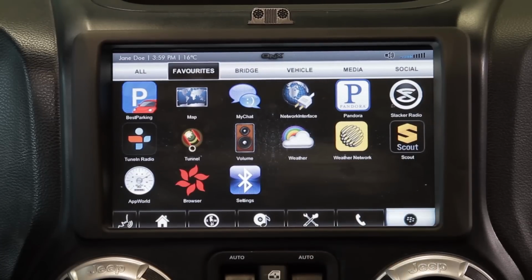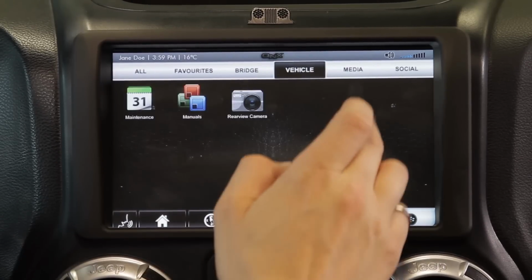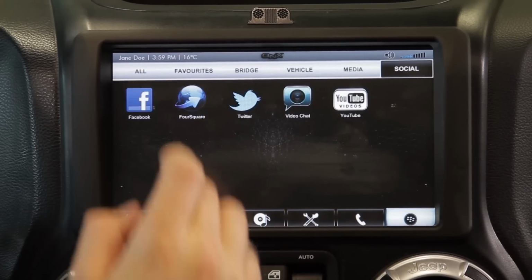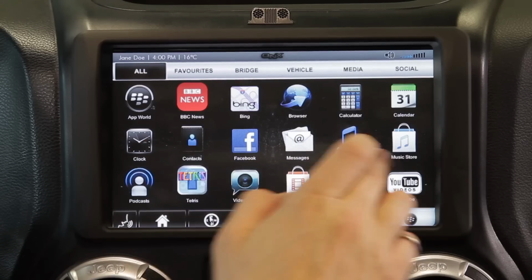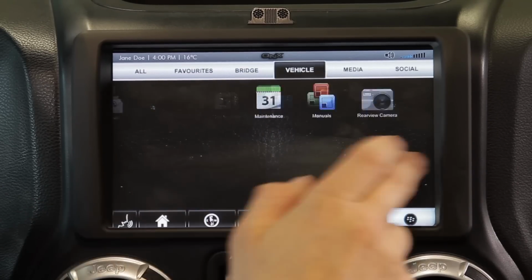So now we're going to take a look at the application section. And the app section is a way to extend the platform by including third-party applications, say from an app store from the cloud. So in this section, we've got a number of different groupings, and you can switch back and forth either by hitting the tabs or by swiping with gestures. And